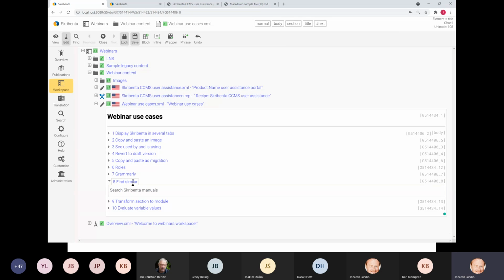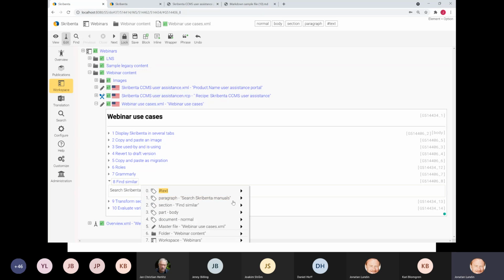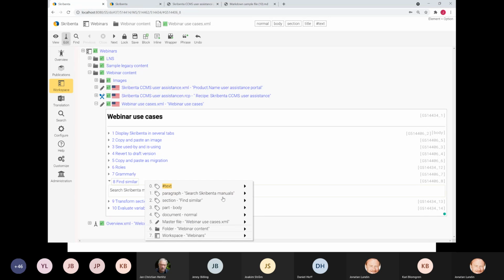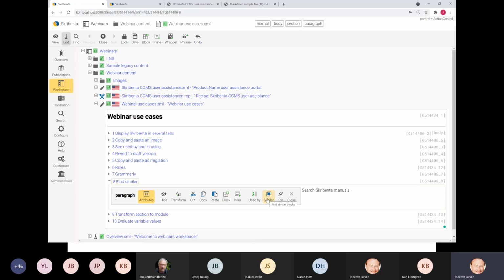Now, let's say that you're starting to type a certain sentence and you know that there is a similar text in the translation memory. Instead of writing something that is almost similar to what you already have and have already translated, you can look into the memory to find similar paragraphs. And that is, of course, to reduce the cost of translating. So if you right-click on a paragraph, and then you open the context menu, and then you select